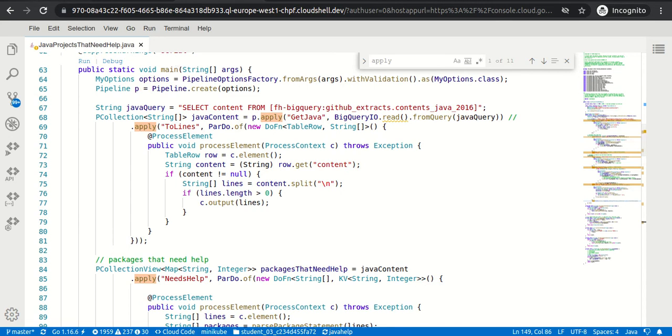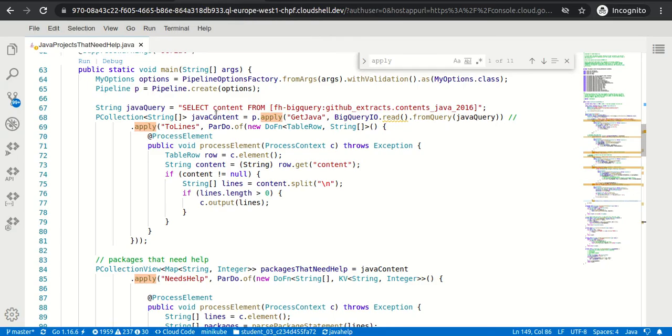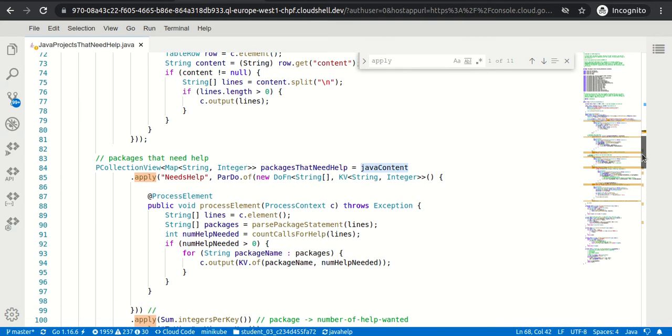If we have to create two different pipelines, split into one pipeline and then split into the second pipeline, store that into some variable and apply the next content onto that particular variable. So we are applying the Java content dot apply, and we are storing that particular PCollection.